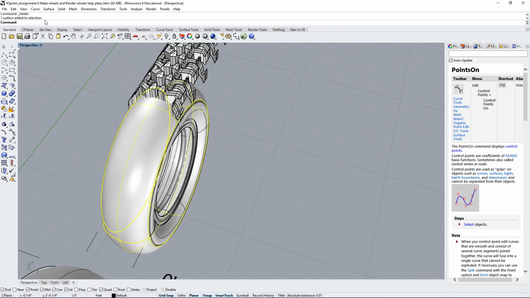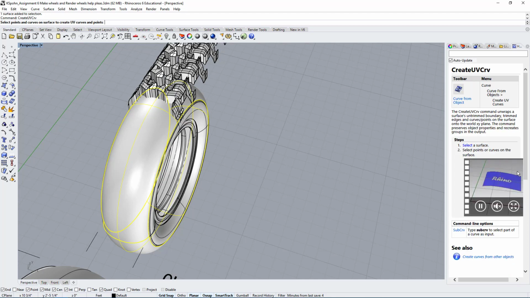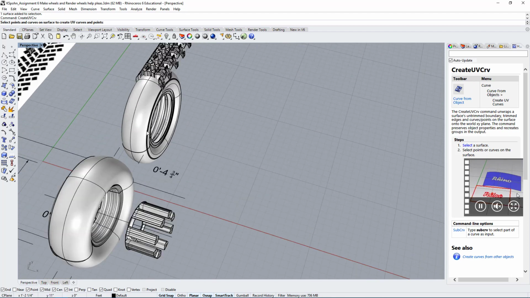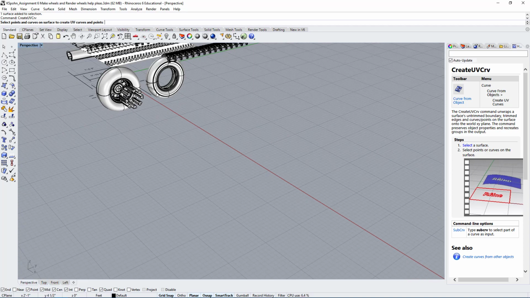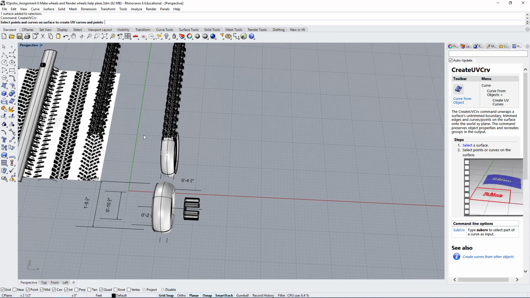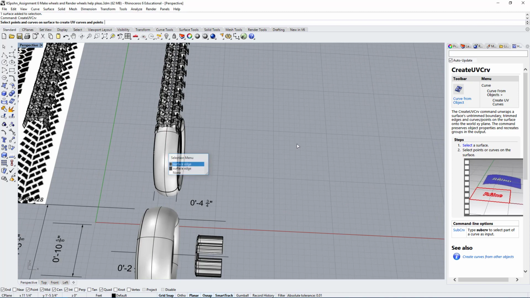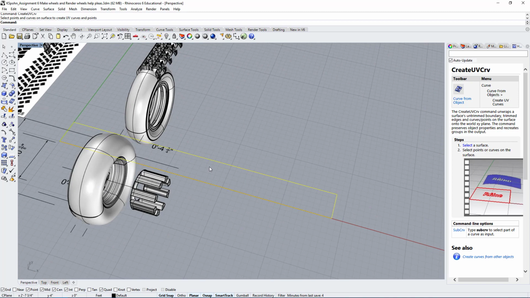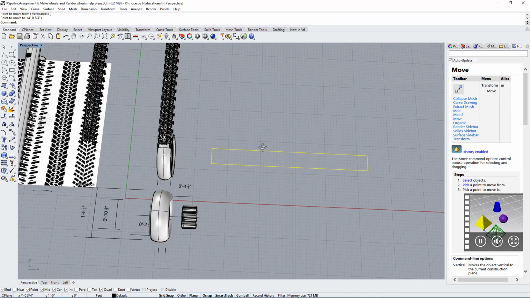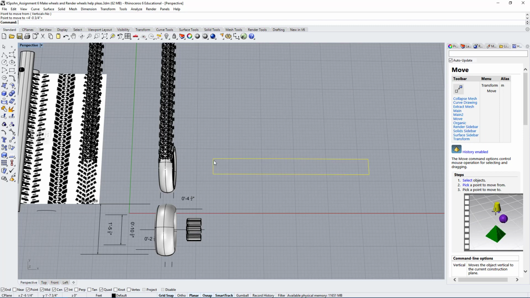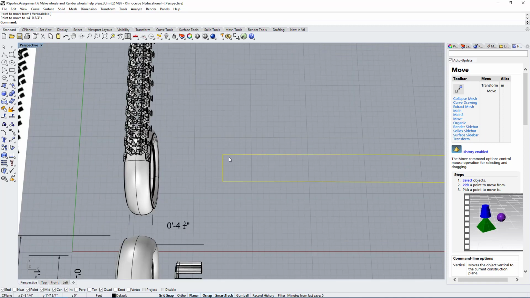So another thing that's really good about using the create UV curve is it looks at the circumference of the circle, right? The size when we take this circle and we flatten it out. And this could be really useful, right? Because we want to know how long the pattern needs to be. So this does it automatically for us. It calculates what's the length of the pattern. And then of course using this we need to make sure it repeats, because otherwise where the pattern begins and ends we will have some strange gap or overlap.